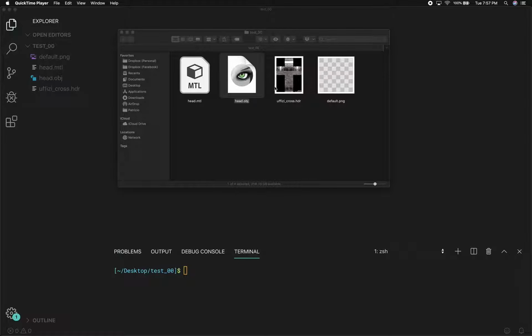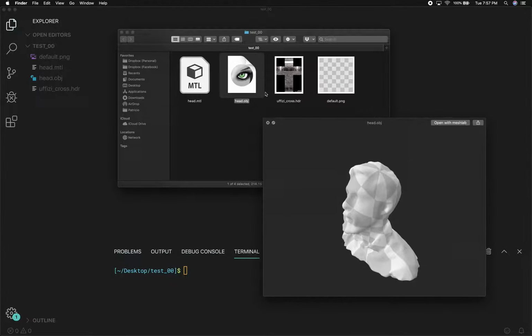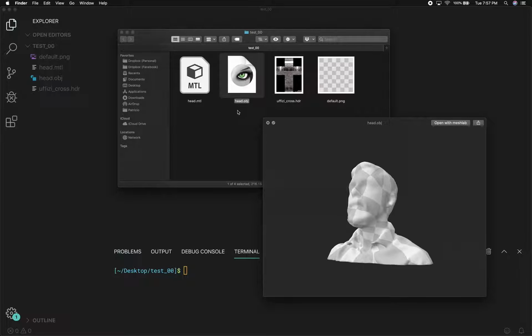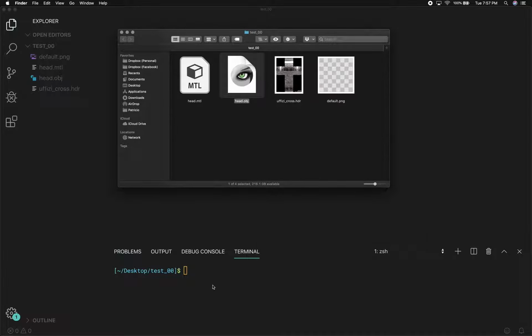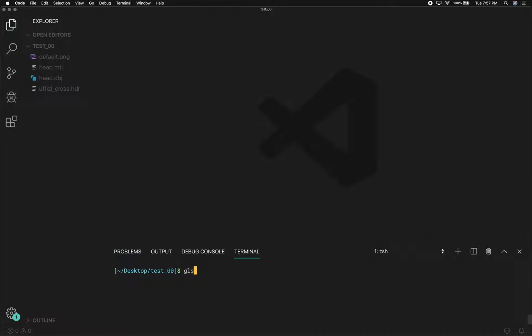So I have this small folder. It has an OBJ with a material and texture applied to it. And in the same folder, I also put a cube map of the Uffizi gallery. So to load this in GlslViewer,